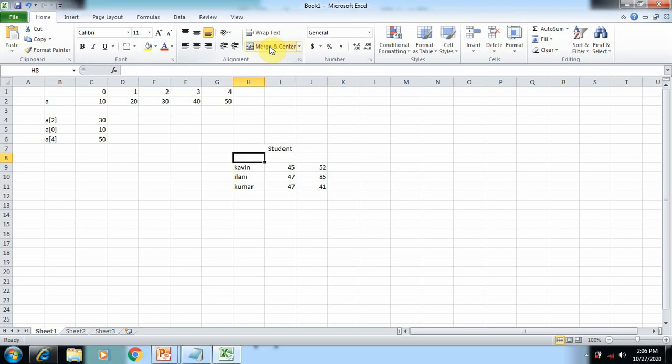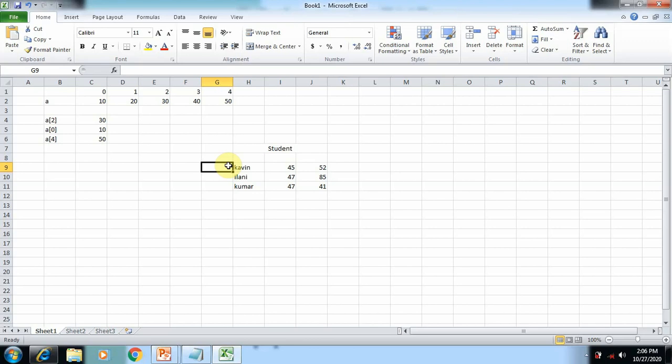Now how can we access a specific variable from this group of array variables? For example, if you want to access Ilani, how can we access it? This is the situation in a multi-dimensional array, where we give the index number for each and every row as well as each and every column.